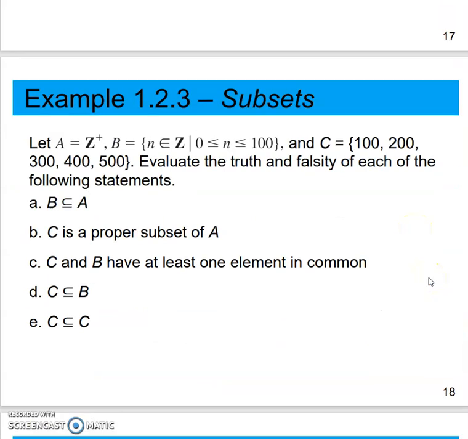All right, well, let's take that and look through some examples. So A is the positive integers. B, n is an integer such that n is between 0 and 100, and we are including those endpoints. And then C is 100, 200, 300, 400, 500. So we've got a whole bunch of statements here, and we would like to say if they are true or false. So again, just to read that, I would read B is a subset of A,